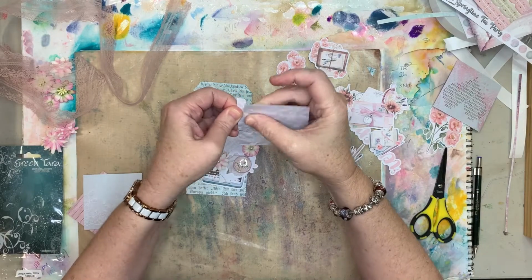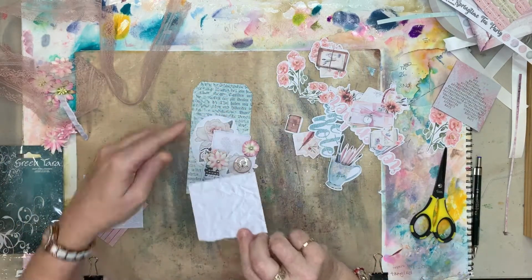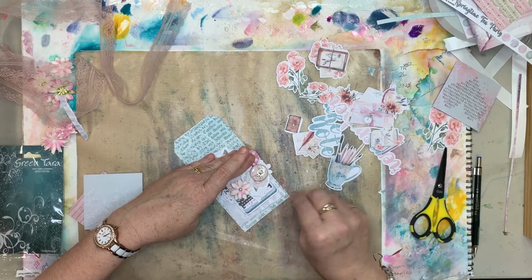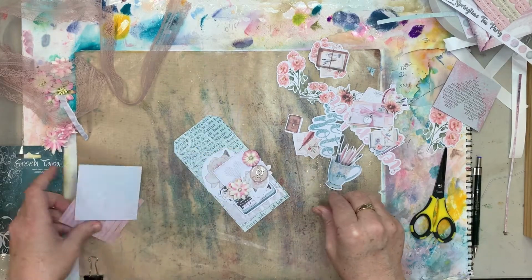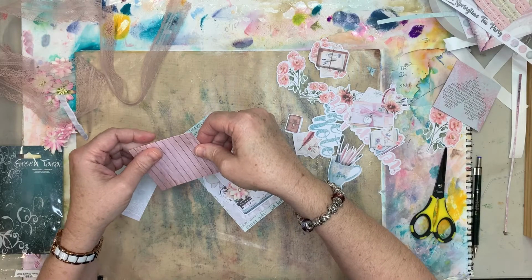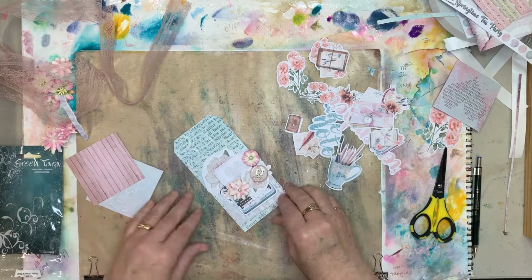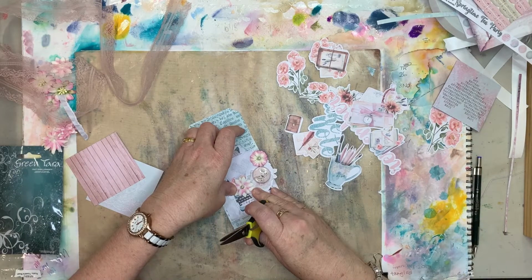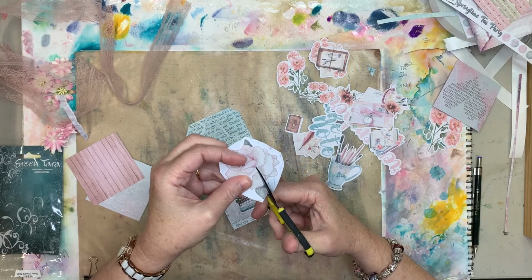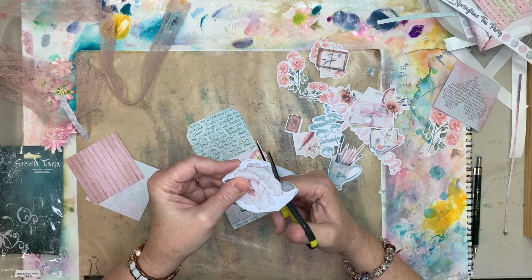So let's tear about 1/4 of an inch off one edge. Piece of paper there, and then what we're going to do is we're actually going to leave this one for the moment. Let's fussy cut out this rose just so that we can see exactly how much space we've got. Now it's okay to, and I've fussy cut so many of these out,